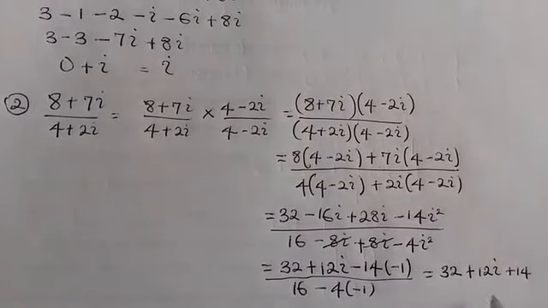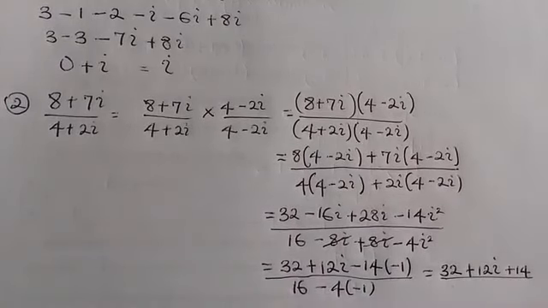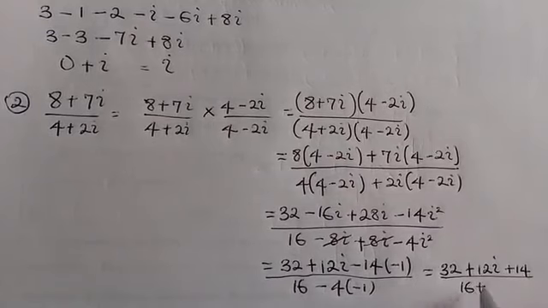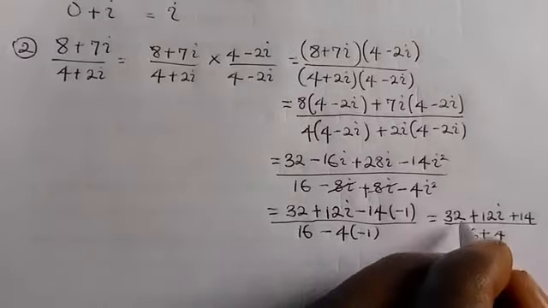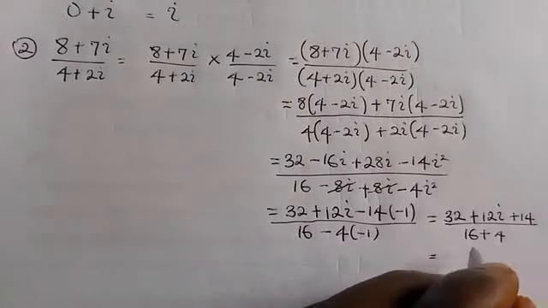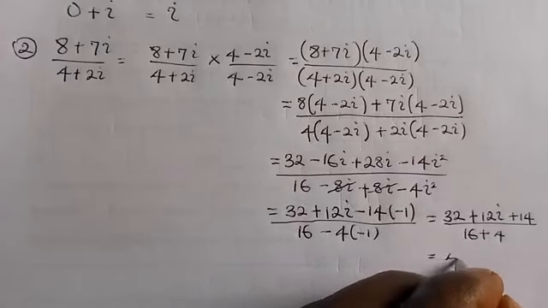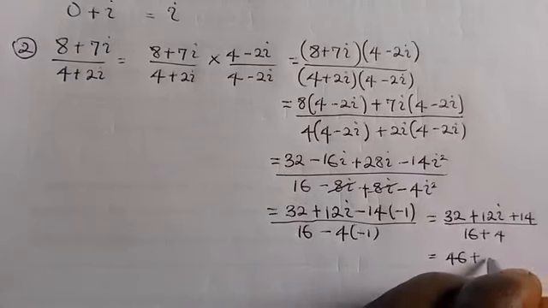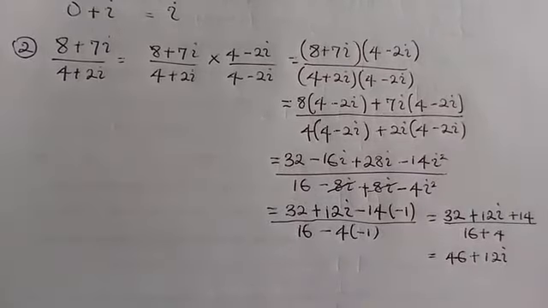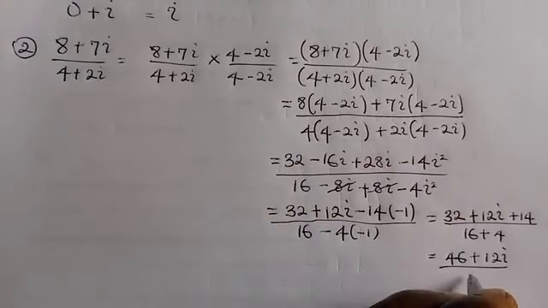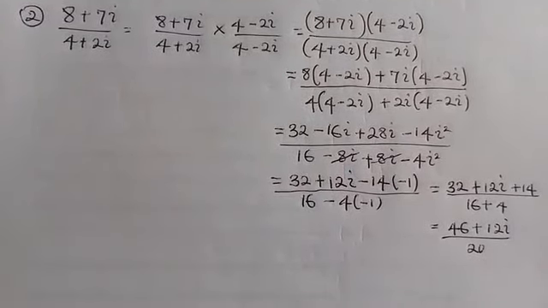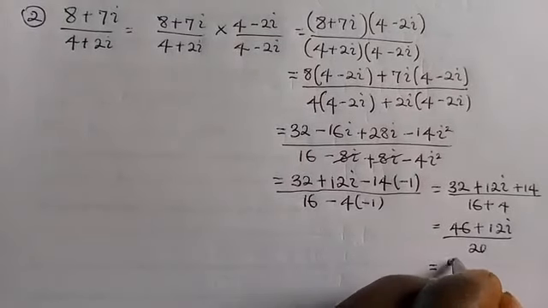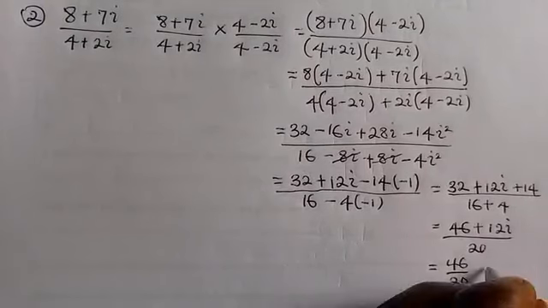Right? We'll divide this by 16 plus minus 4 times minus 1, which is equal to 4. And that's equal to 32 plus 14. We have 46 plus 12i, divided by 20. So what we have here as a solution for this particular division is 46 over 20 plus